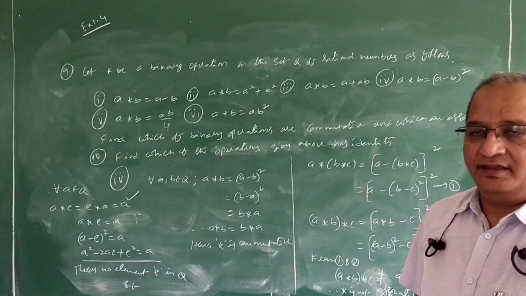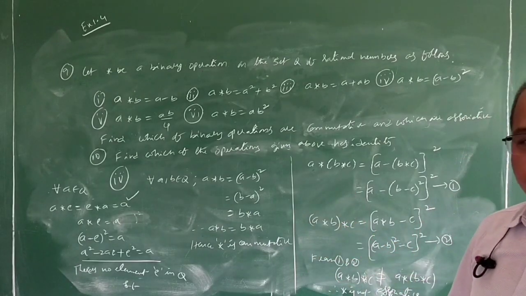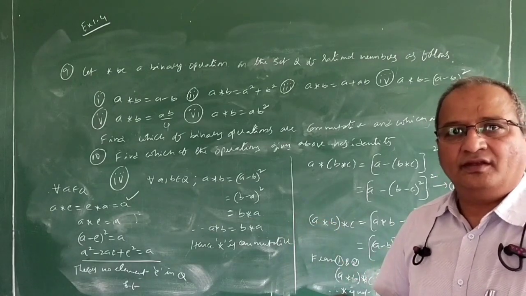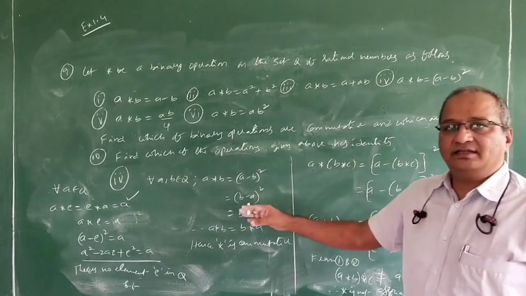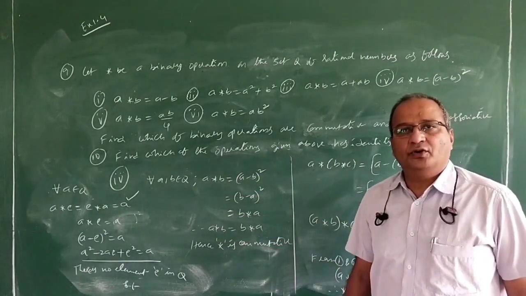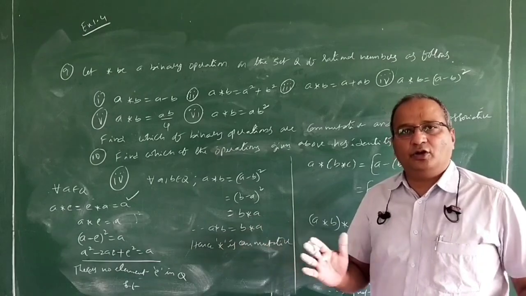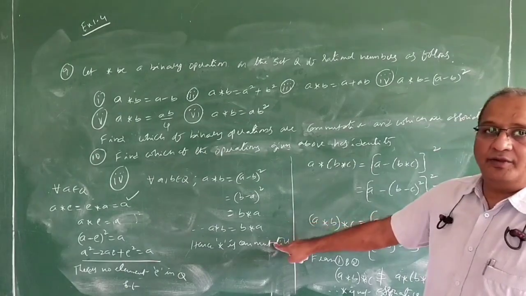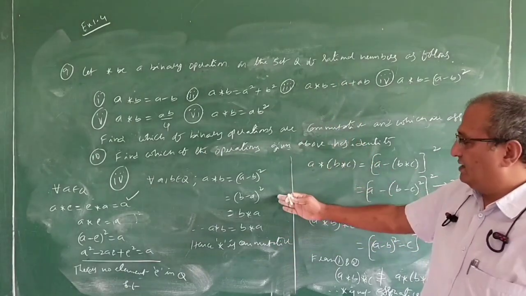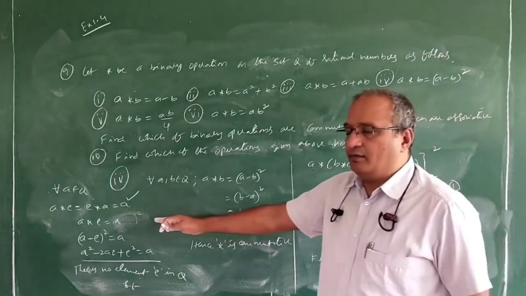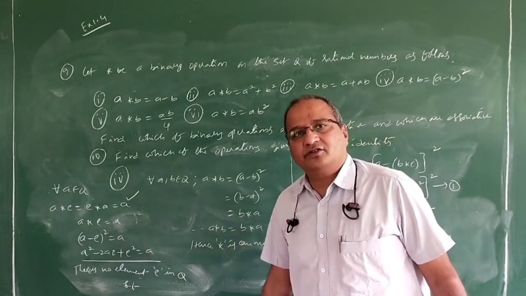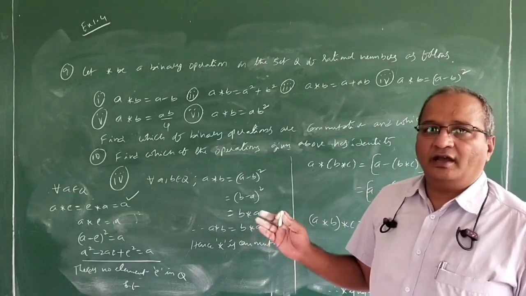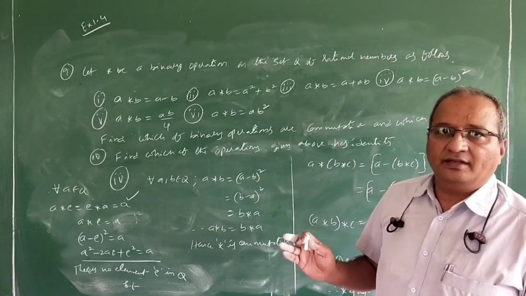See, in all 4 cases, while finding identity, in different problems we have different situations. So try to follow this one along with the class. You check the notes that I am going to send to you. Take the notes and check this one. Then only you will understand very clearly about the identity. It is easy. Already in commutative and associative we did many problems previously. Here also we are clearly getting. You may get a little bit of confusion at identity. So my request to all the students, before checking the identity property, please go through the notes that I am going to send. Okay? Then after that you see the identity.